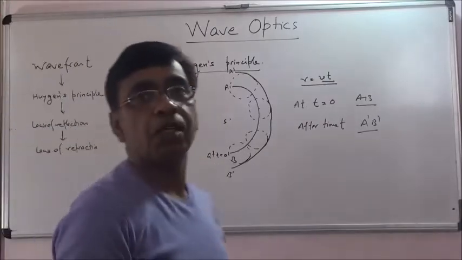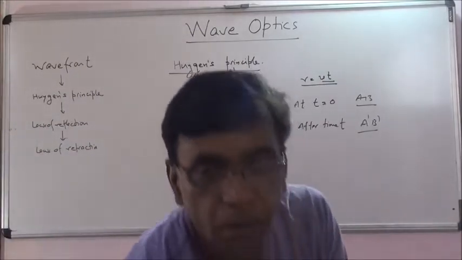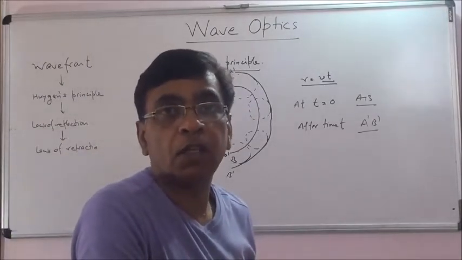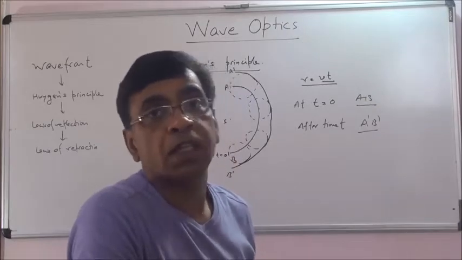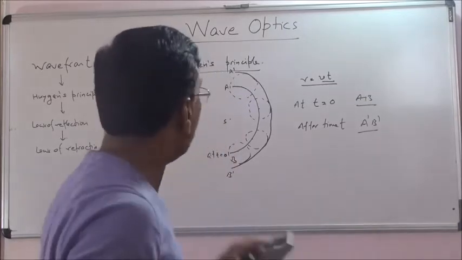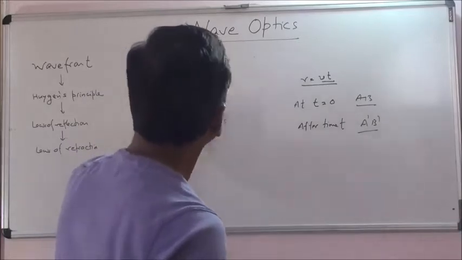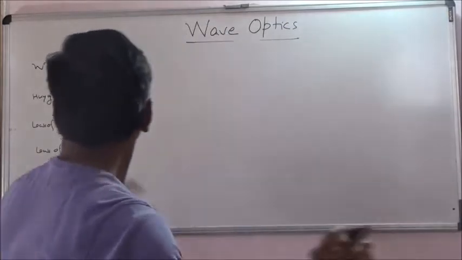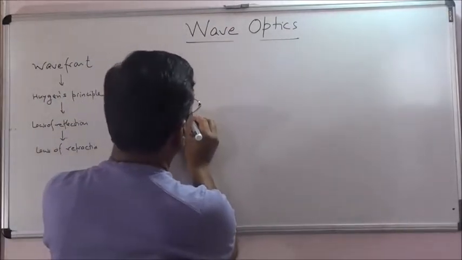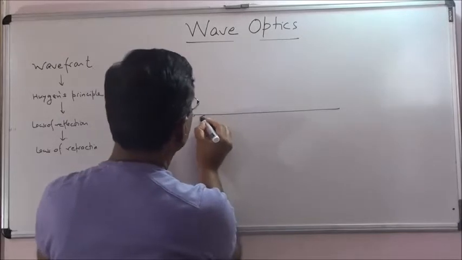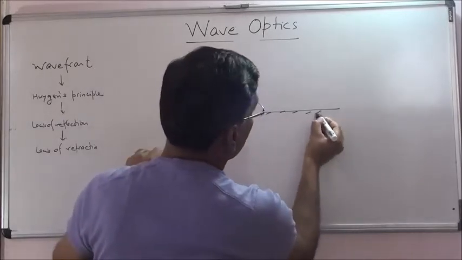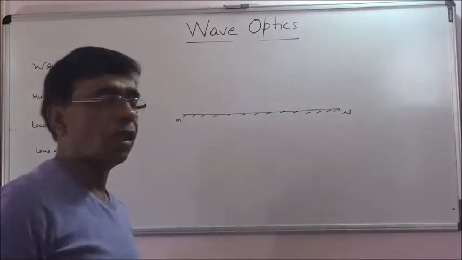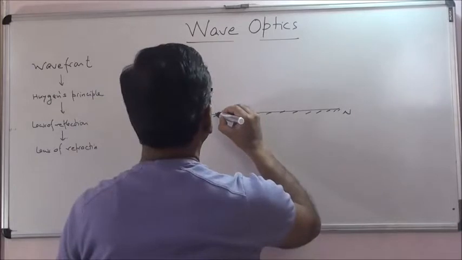Now using this principle, we can prove that the angle of incidence is equal to the angle of reflection, and we can also prove Snell's law, sin i upon sin r is equal to n2 by n1. First let me take the law of reflection. This is a reflecting surface. Let us call it MN, okay, and